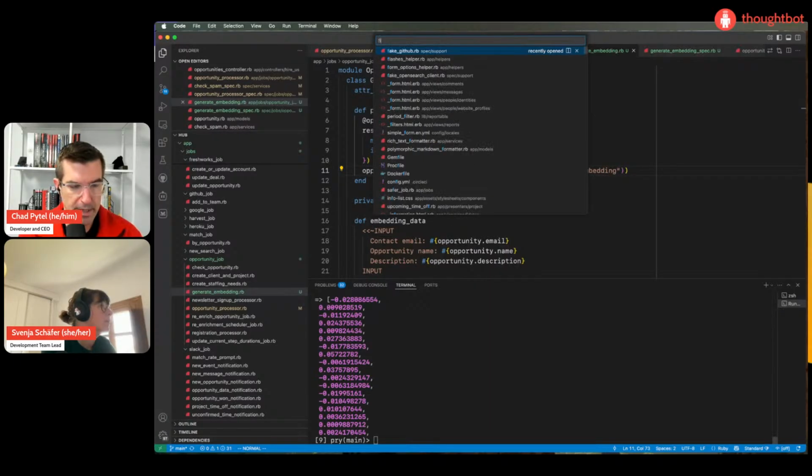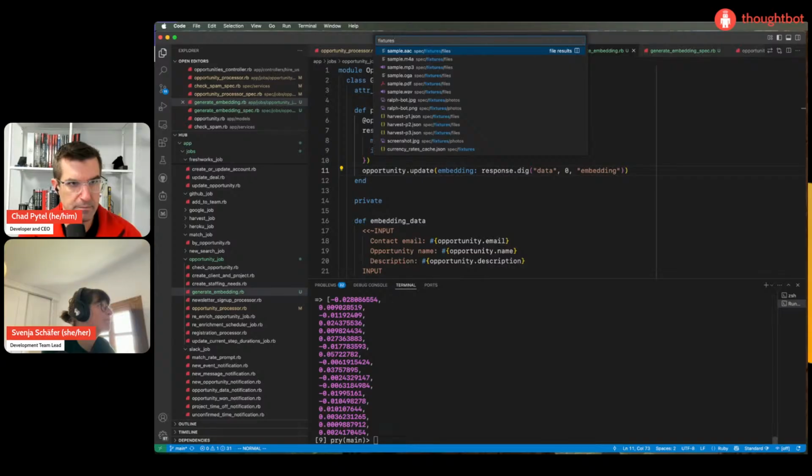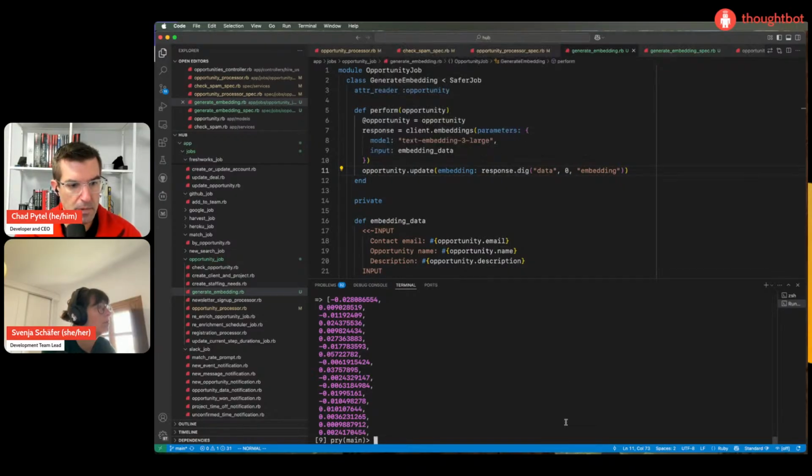Just thinking about how we want to save this into a fixture file. We could export it as JSON and then load the JSON from the file and parse it to Ruby. Okay. We call it embedding.